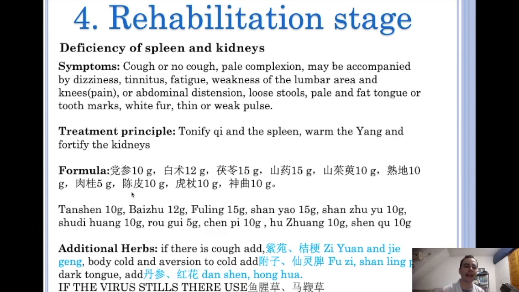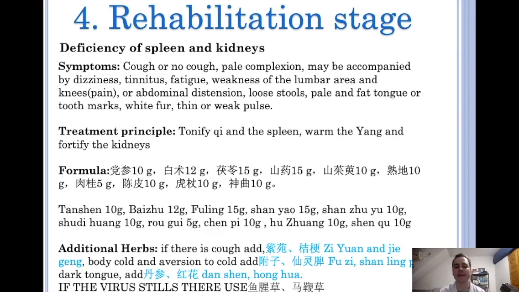And then also for taking out some dampness, we can use Chenpi, that is the skin of the tangerine. We have Huochuang, okay? And Shenqu to regulate the digestive system, okay? In this case, something to add, I think here is the most important thing, so here I have a note.